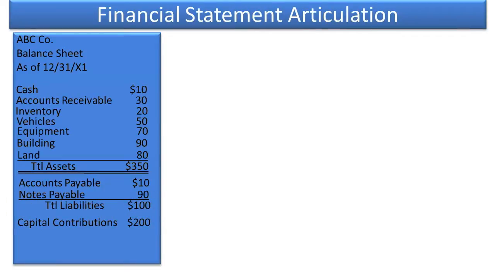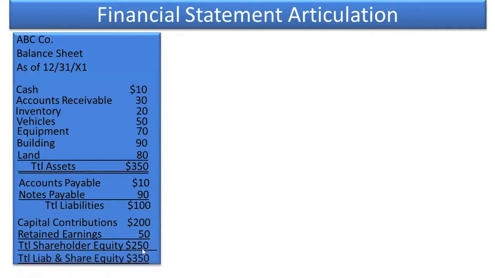So as you can see, we have owners contributed $200, and then the company earned some income, but the owners chose to keep that, chose to retain that in the business. So retained earnings represents all the income that's ever been earned that has not yet been paid out to the owners in the form of a dividend. If you add those two together, you get total shareholder equity of $250. If you take your total liabilities, your debt financing, plus your equity financing, $250, you get $350 in total liabilities and shareholders' equity. Well, that was at the end of